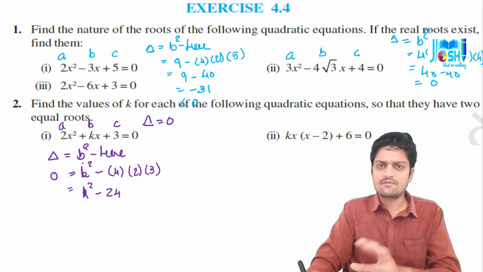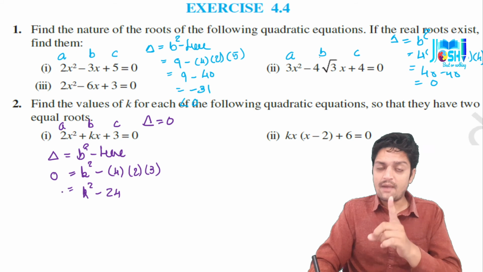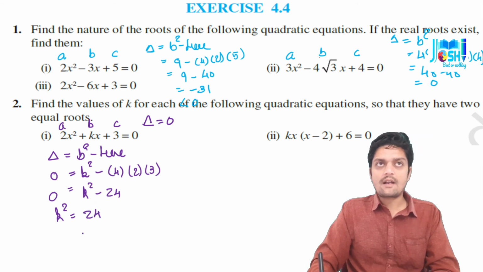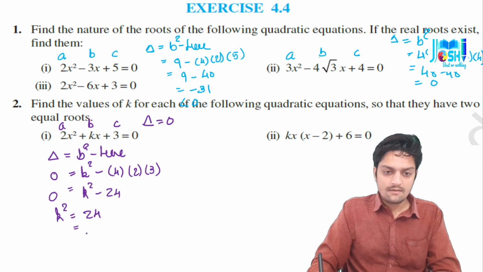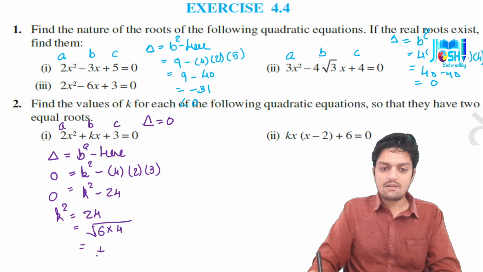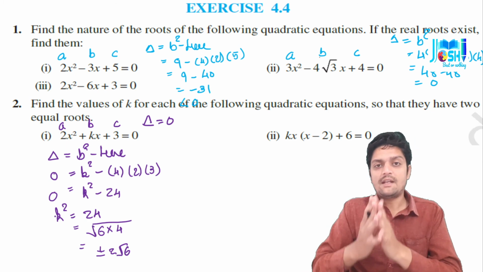It is not required for me to solve it. But yes, let me inform you of one thing: you have to check both the plus and minus possibilities. See here, k square is equal to 24, and 24 is what? I can write 6 fours are 24. So that is plus or minus 2 root 6. Don't write just 2 root 6. Okay, you have to consider both possibilities.